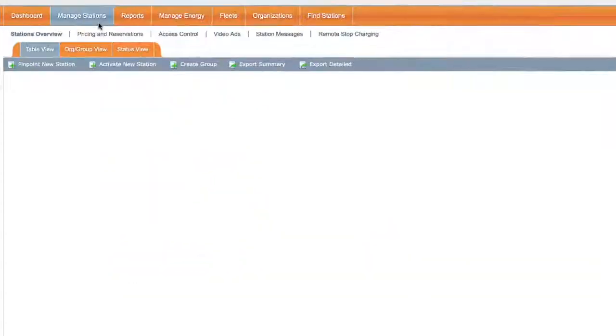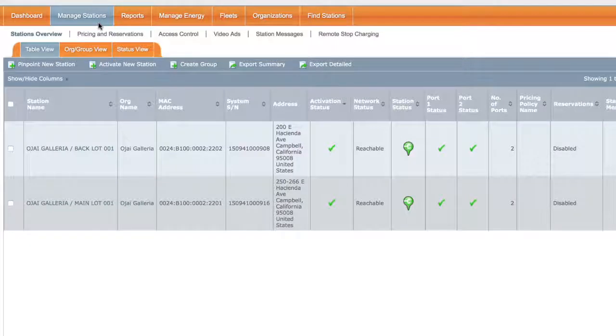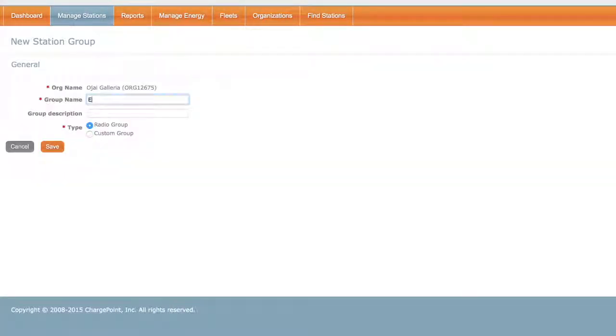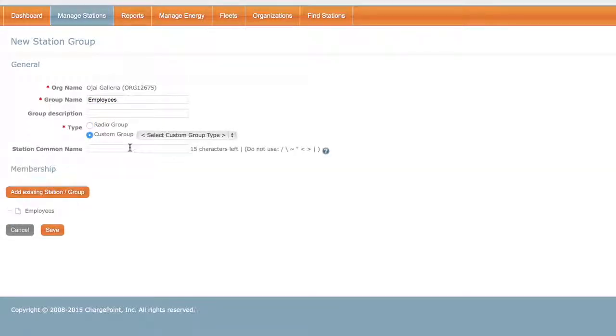We log into ChargePoint, click Manage Stations, and then click Create Group. We specify a name and description for our custom group, which we're calling Employees, and then specify that this is a custom group and not a radio group. When we choose Custom Group, we have the option